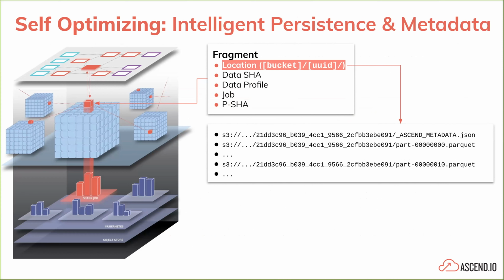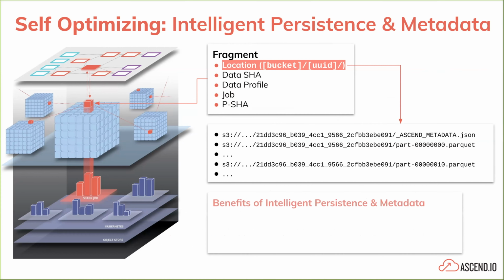And so what it looks like in Ascend's world is at the fragment level, the bucket points to a UUID that represents that data set with the right data profile job and PSHA that we're storing in the fragment, but it gives us these specific abilities. For example, if I were to copy one pipeline and move it to a different place, because all of that is then still referencing the same PSHA, it's a zero cost operation, both in terms of compute and storage.